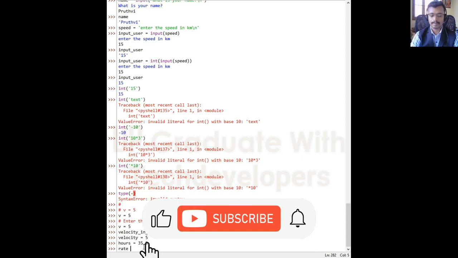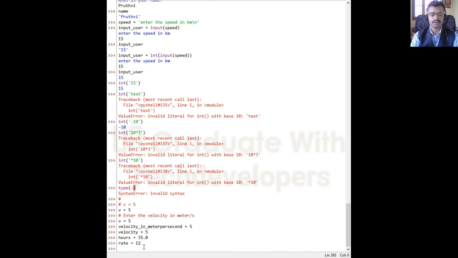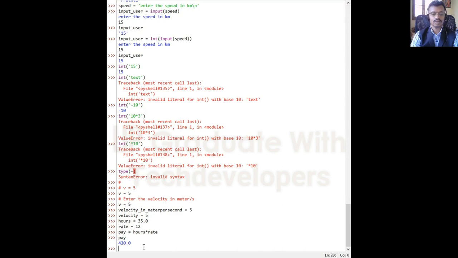Second example is rate. Rate is equal to 12, at the rate, or it may be price. For example, pay is equal to hours multiplied by rate. Once again, it is a good idea that pay is nothing but hours multiplied by the price or amount per hour. So these are nothing but mnemonic variables which help us to remember the code very easily. Okay, so try to use mnemonic variables wherever possible,